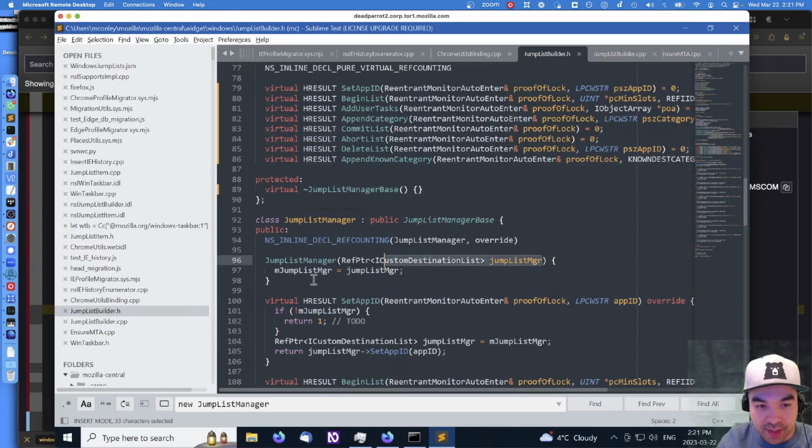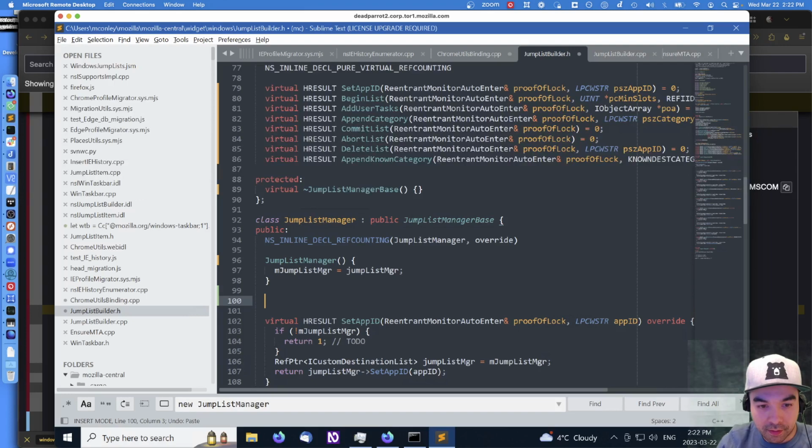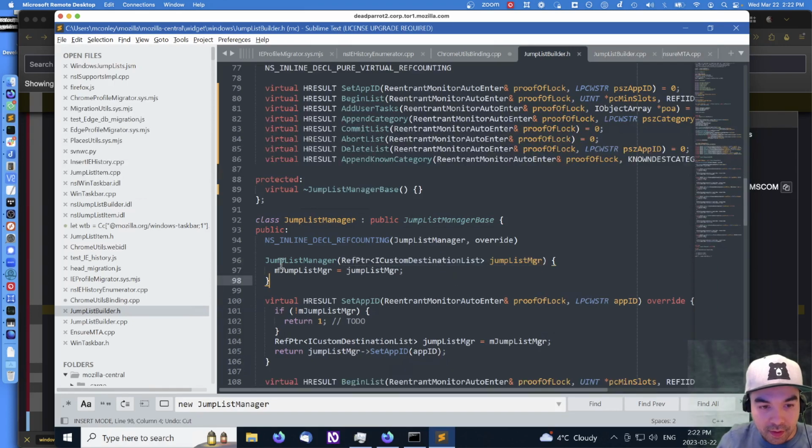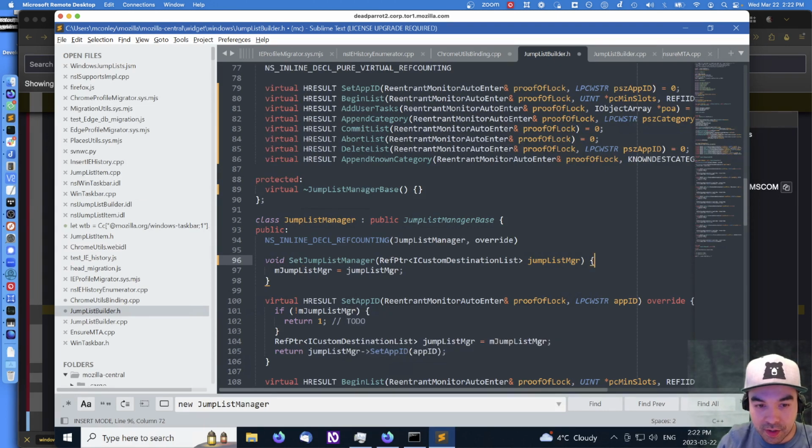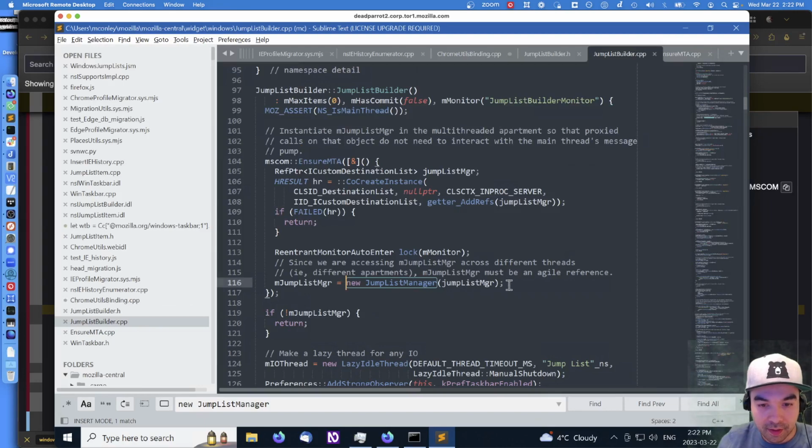So instead of doing this in the construction, we create a new method. Hang on. Void set jump list manager. And then what we could potentially do, I'm not super happy with this, but we could